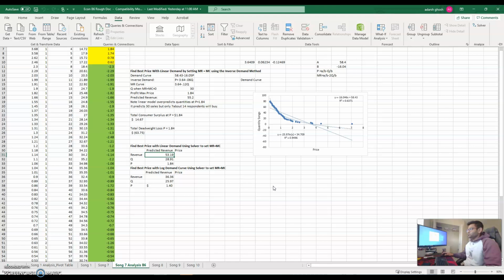Shout out to Raj. He's the one who showed me how to do that, and actually showed me how to use Solver. So I'm just passing it on to make sure everyone else can get this done and not waste away on